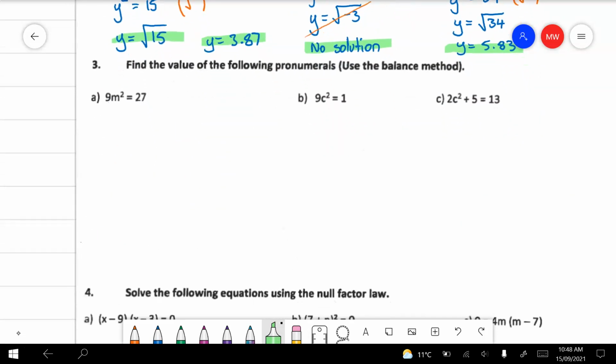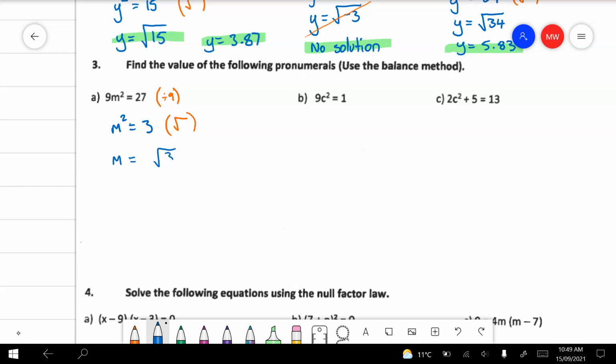Question 3, balance method. Balance method with squared numbers in it. So it's going to be a little bit similar to what we've just done in question 2. Get rid of the 9 before you get rid of the squared here. So in our first move, we're going to divide by 9 on both sides. And we will find that we've got m squared equals 3 left over. And then we'll square root on both sides to get rid of that squared. And m will be